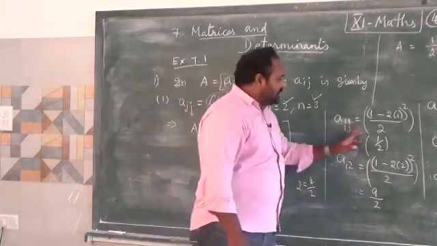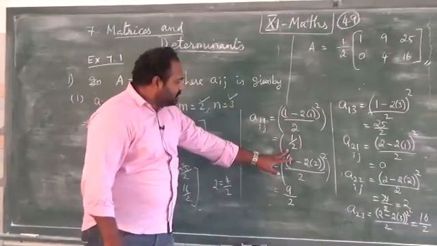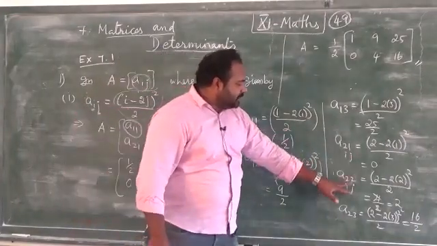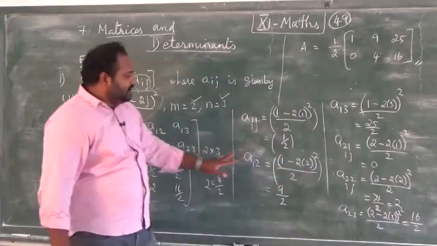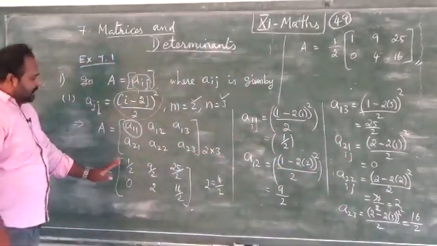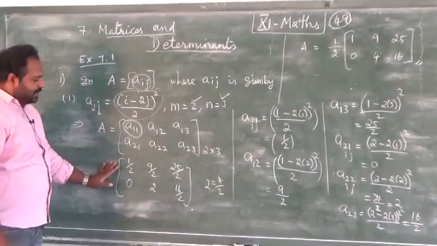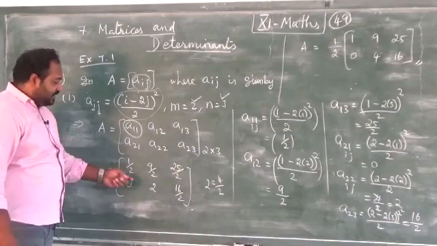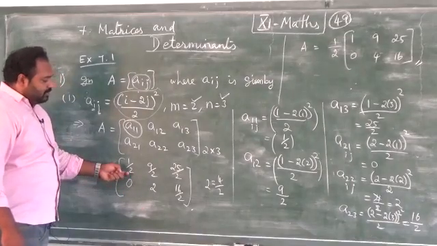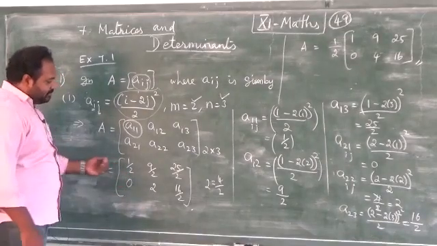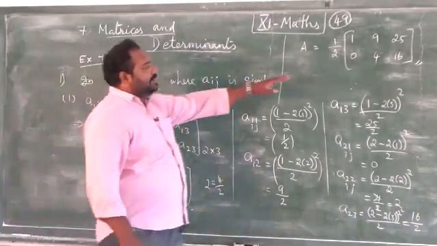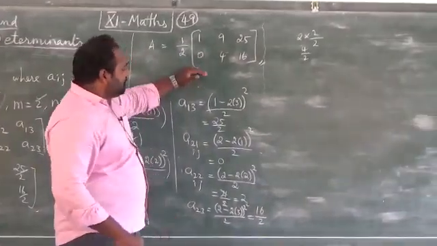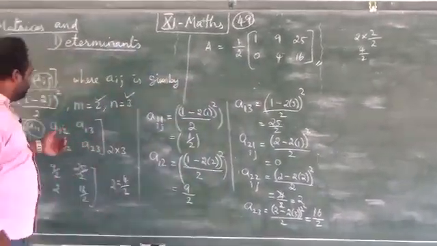So by using this condition, I have found the values of A11, A12, A13, A21, A22, A23. All the values we have found. Then we apply them in the square bracket matrix, a 2 cross 3 matrix. Here, as it is, it's okay, but we have 1 by 2 common in all the elements. So I am taking 1 by 2 commonly outside, and I will get a perfect value for A. So this is the answer. This is how we can solve this kind of problem.